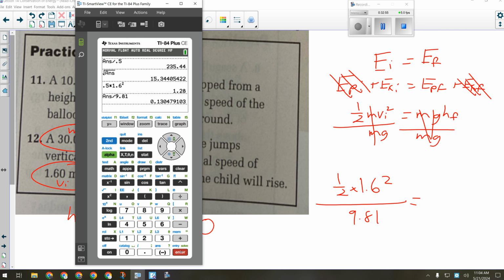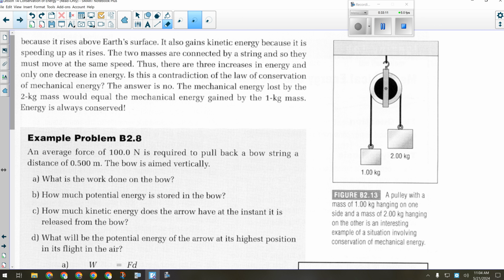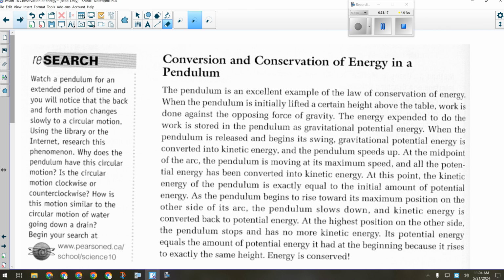Everybody all right with that number? Every question we've done so far, same pattern? They're all going to be that way. Just like the work energy theorem problems had a pattern, conservation of energy problems have a pattern. All right, I'm going to give you about a 4-minute break here within the classroom, and then we're going to talk about a different context or a couple of different contexts here.